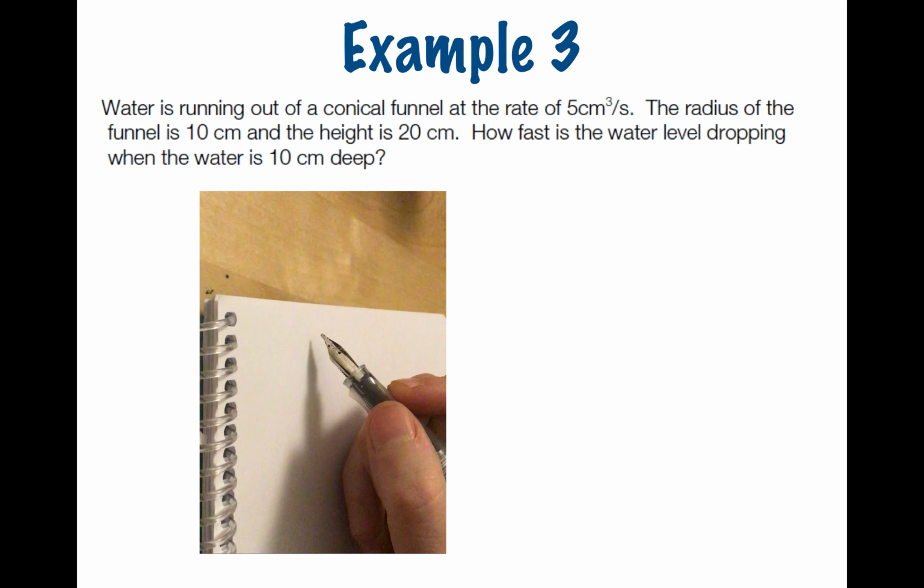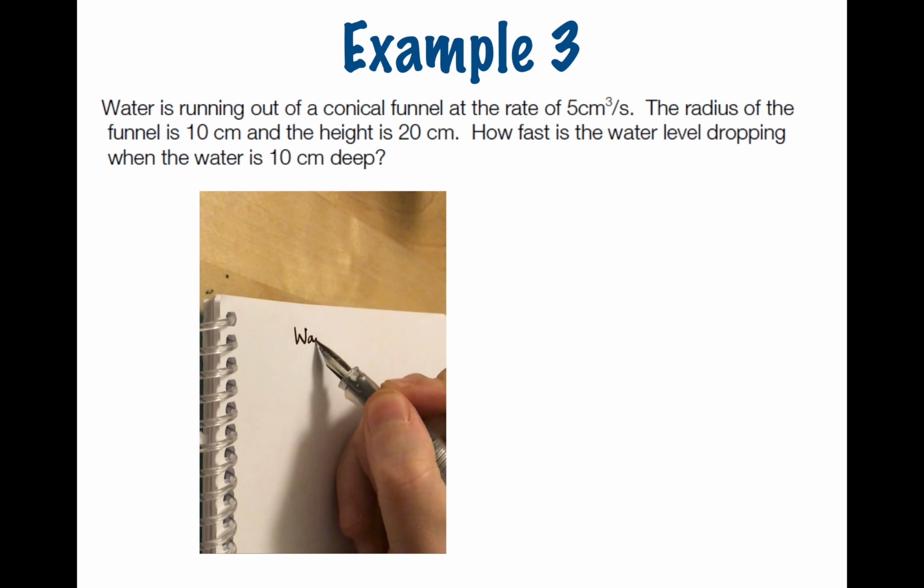Okay. This example, water's running out of a conical funnel at this particular rate. The radius of the funnel is 10 centimeters, the height is 20 centimeters. This one is a lot more complicated than the other ones. You need to see this and pay close attention. Do pause, rewind if you need to. Okay, so